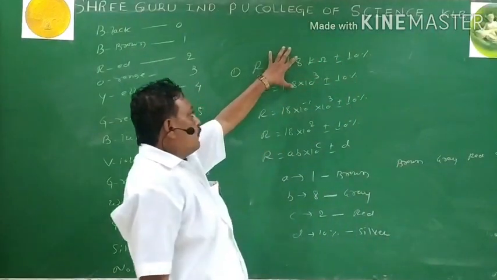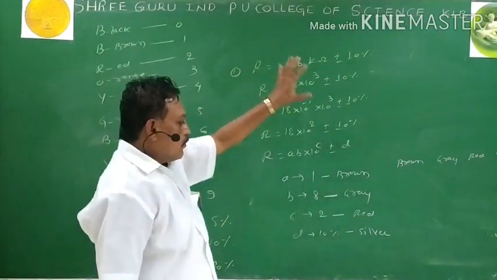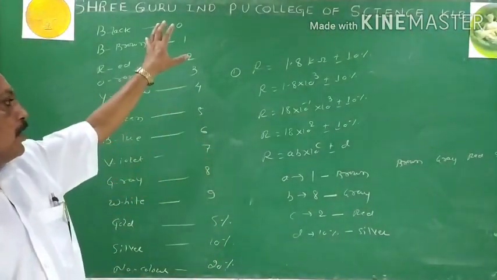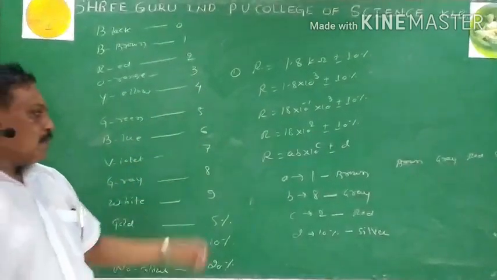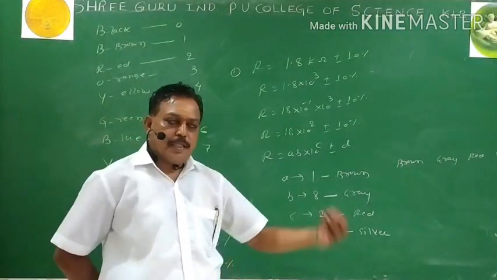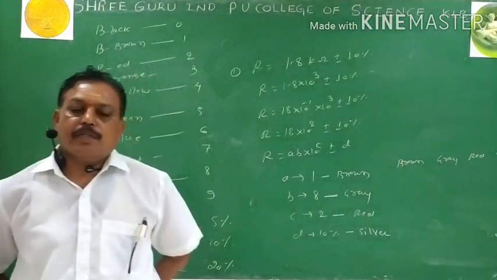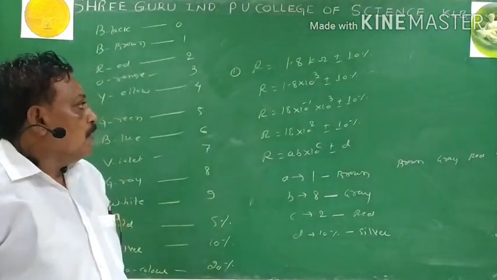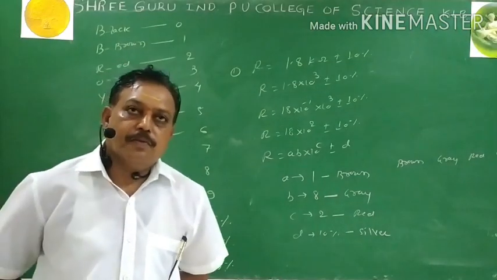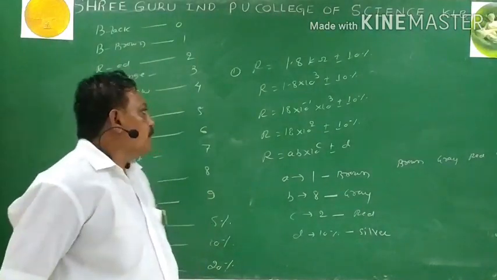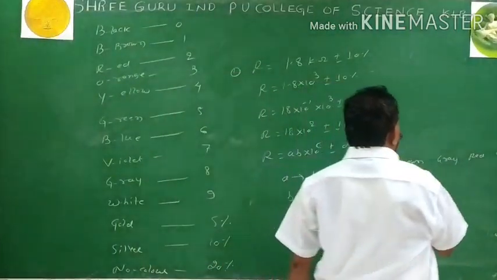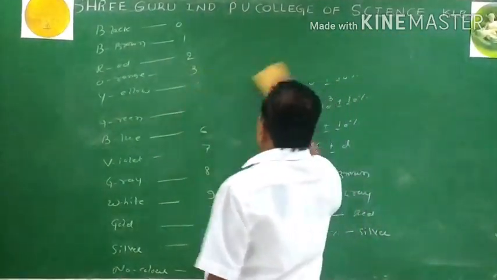By knowing the value, we go for its preparation of the colors. If the colors are given, we can find the value. Now this is our color coding of the resistor. After completion of second PUC, if you go for engineering, then in physics you go for the color coding of the resistor once again while doing the practical. Now this is about the carbon composition resistor and finding its value by knowing the color sequence. Is it clear? Yes. These are the main things we have studied in current electricity.